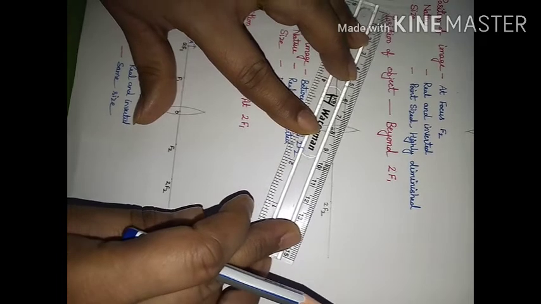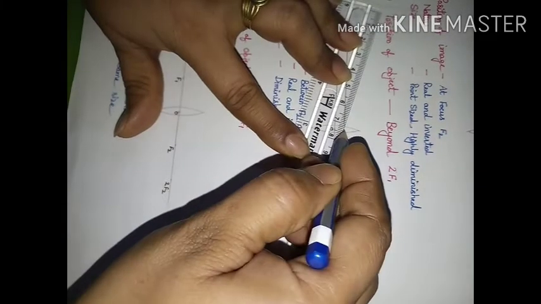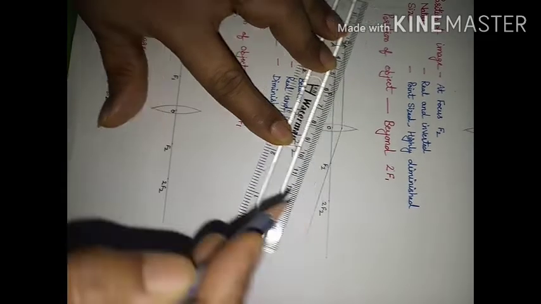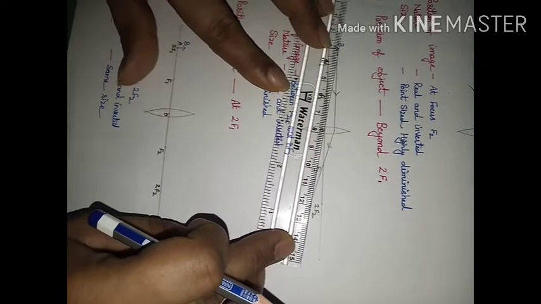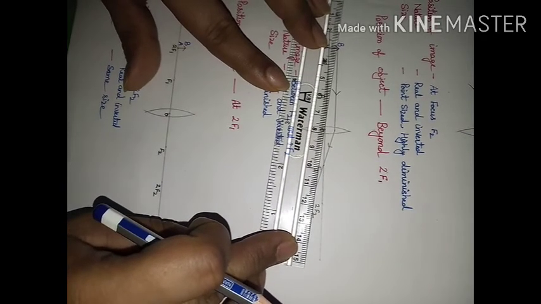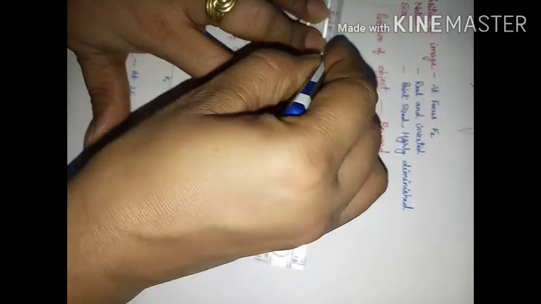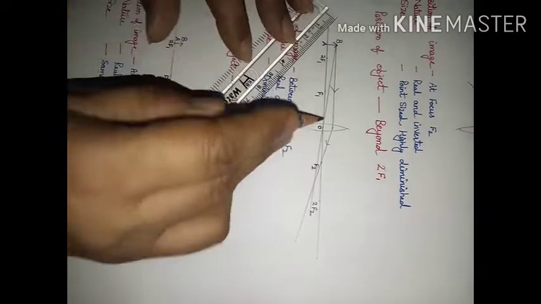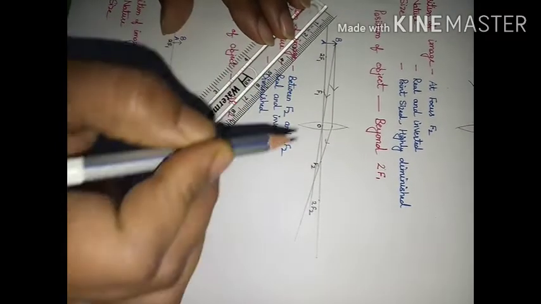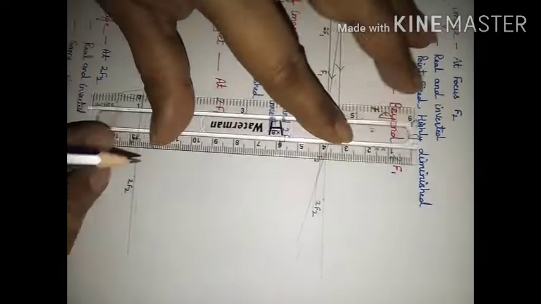So after refraction it will pass through the focus. So this will be arrow, and another ray of light is passing through the optical center from the same point, and it will go without any deviation. So this is another ray of light. So both these rays are going to intersect at this point. So this is the point of image formation.